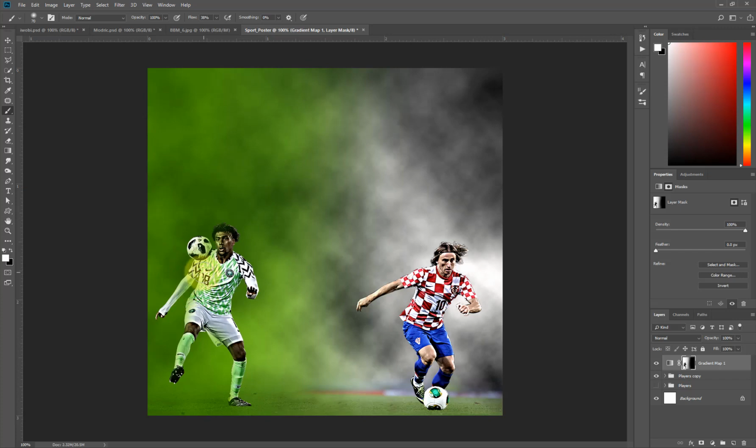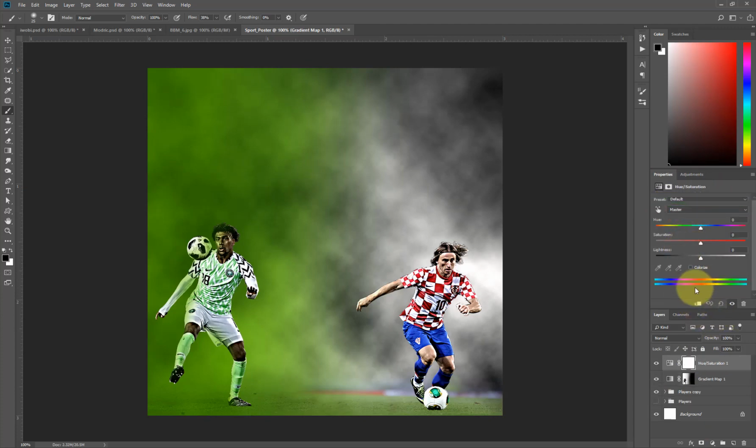Brush the ball a bit, and to change this to white. So reduce that because I over applied it. So I'll change this to white, and sorry, it should be black. Okay, nice. So one other thing I'm going to do again is to apply hue, and I'll choose colorize,